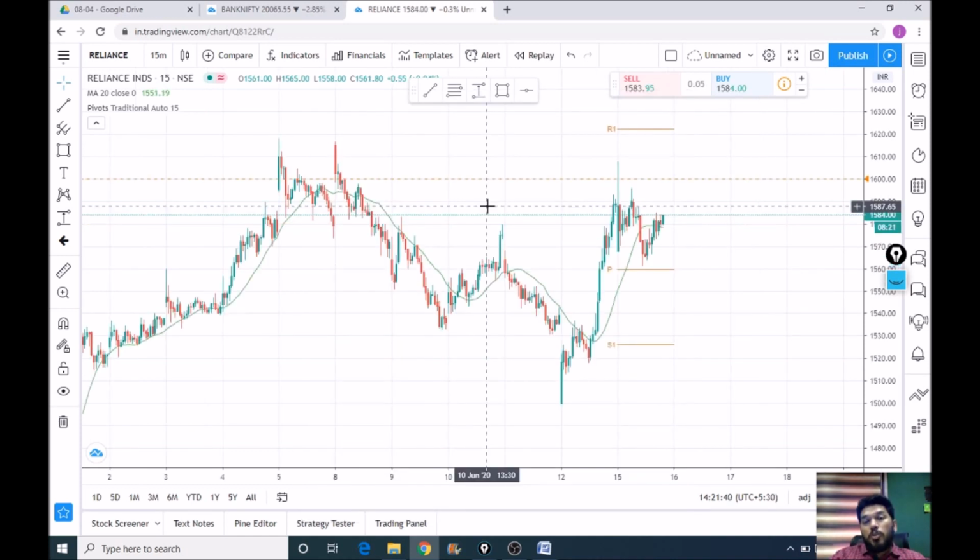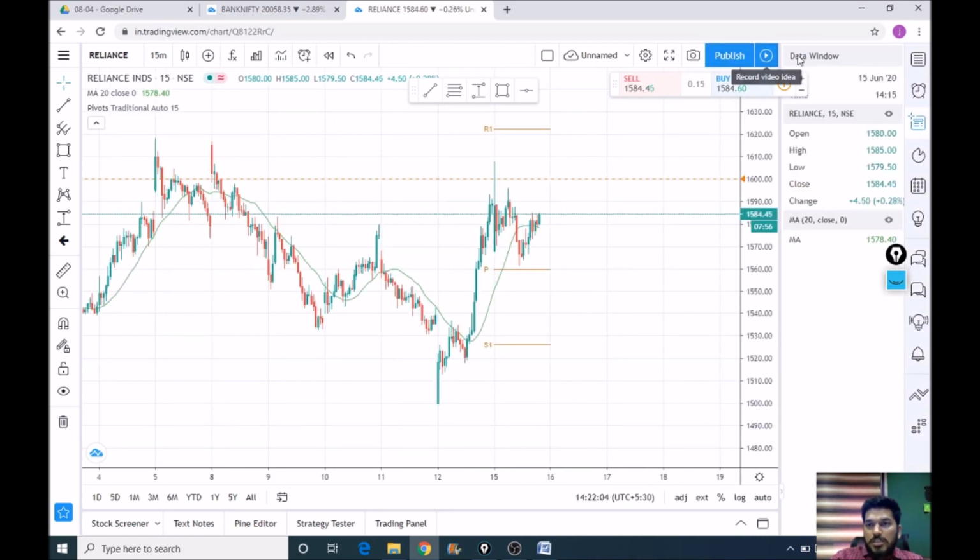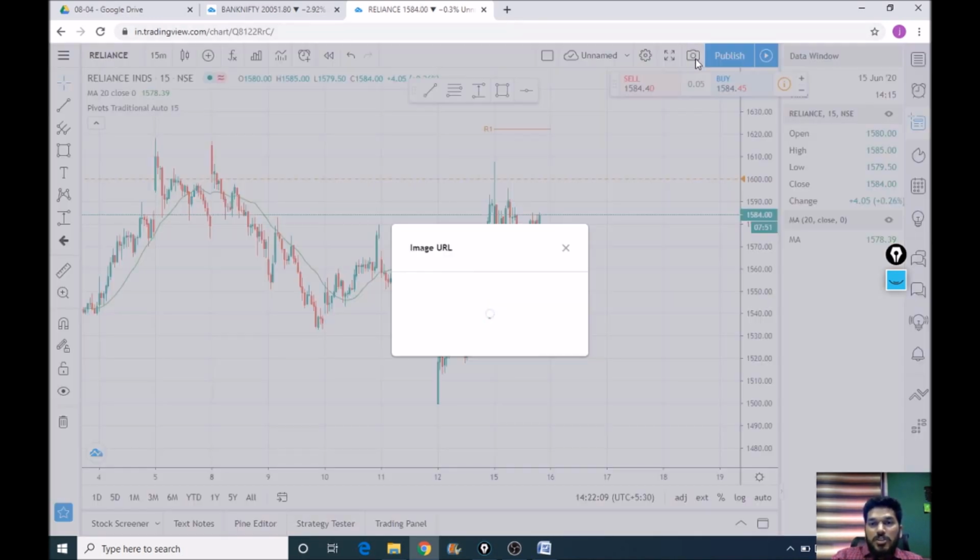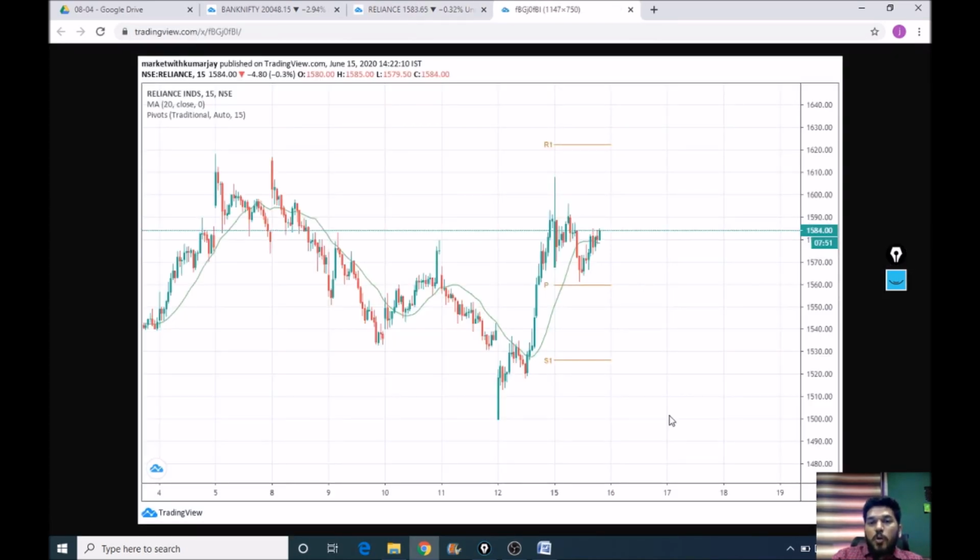Well, you must know that if you are a price action trader, okay, who trades based on support and resistances, you should always take a screenshot of your chart. Now, how can you take a screenshot of your chart? And here you will see an option of taking a screenshot. Do you see a camera over here? Just click on it and it will ask you if you want to take a screenshot. Okay, then just save the image, and this image now will be saved on your desktop for analysis.